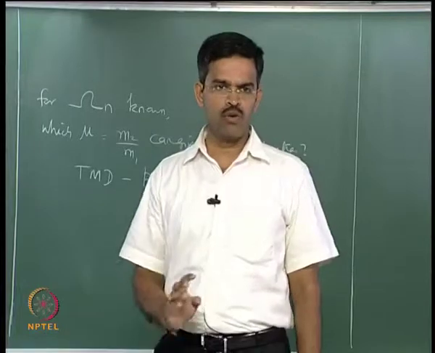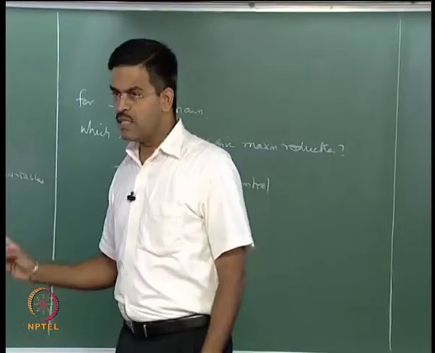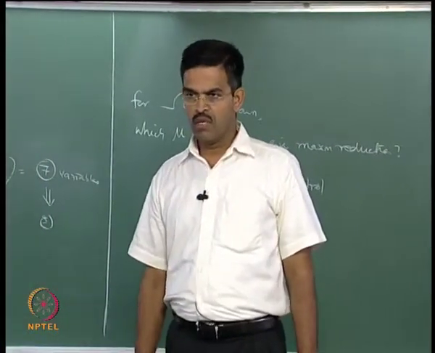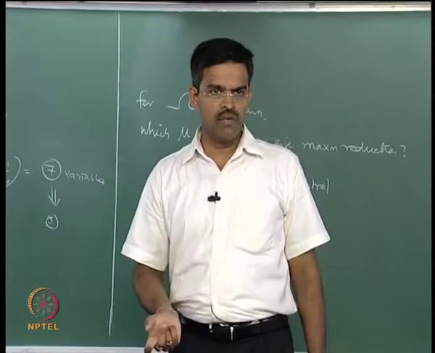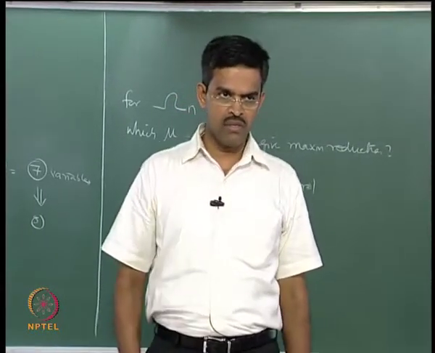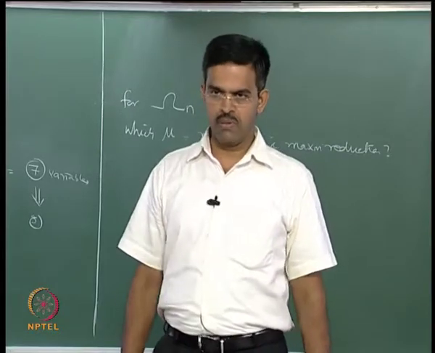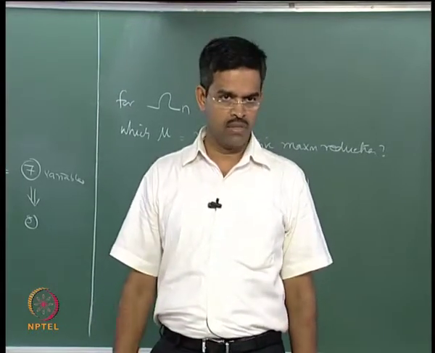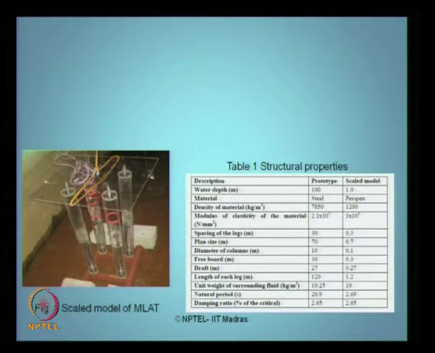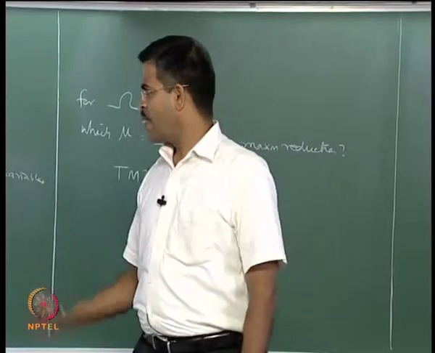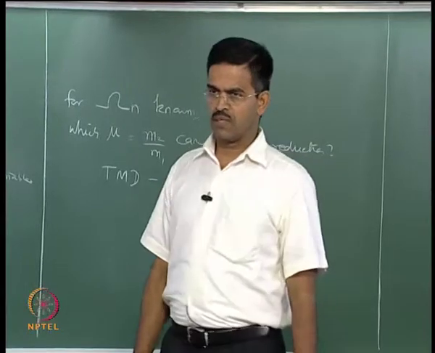It is very important for you to remember this, because at this particular point of 2.7 you are supposed to see a decrement in the response, because at resonance it has to show lesser response. That is the aim and objective of this, is it not? So, we will show you how it is happening. So, 2.7, and of course, the critical damping ratio was about 2.6%. Generally, it varies from anywhere from 1.5 to 3.5 for offshore structures. This is the damping ratio of the structure.